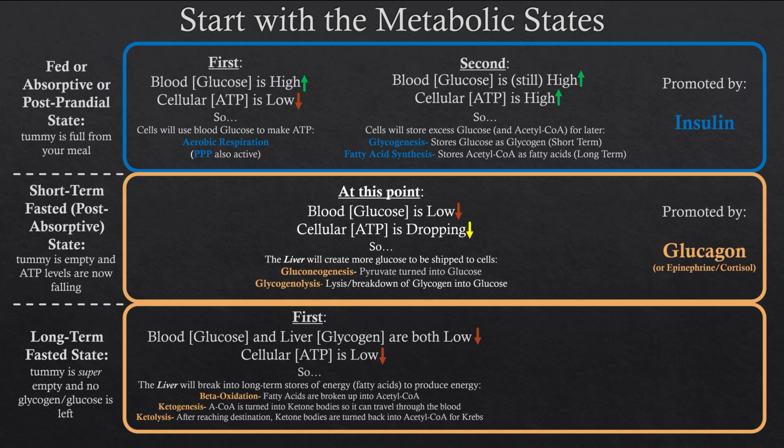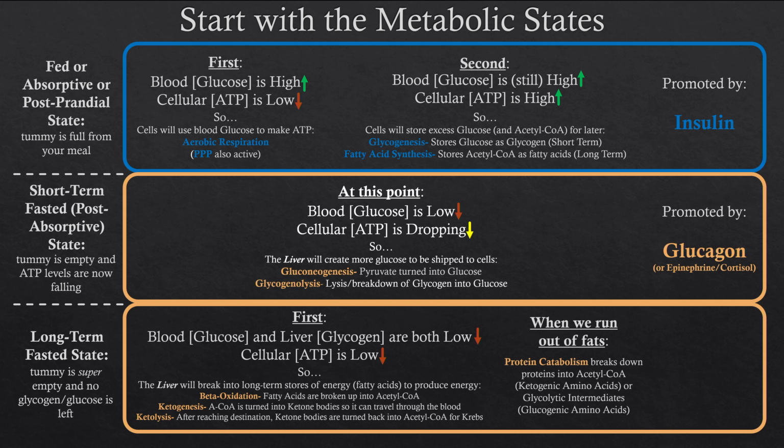So basically, at the start of this long-term fasted state, we are using acetyl-CoA through fatty acids to produce ATP around the body. But there becomes a point that we might run out of fatty acids. This is like if you've been starving for like a week now at this point. I usually explain this to people that if you've seen the movie Castaway, we're now at the point that you haven't eaten a meal in like a week and your best friend is a volleyball that you've named Wilson. So this is a pretty dire circumstance now at this point, where when we run out of